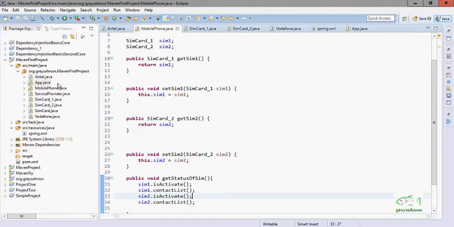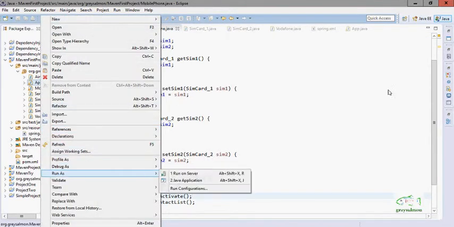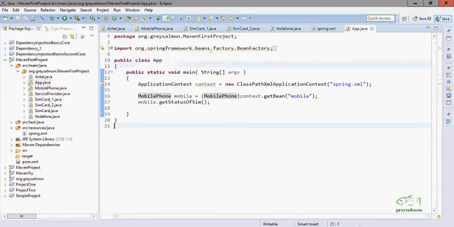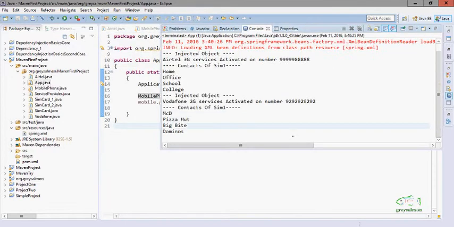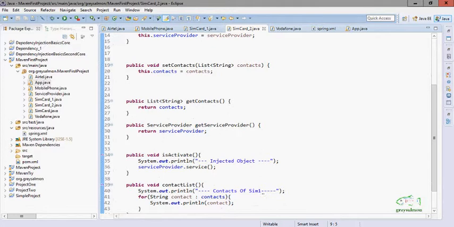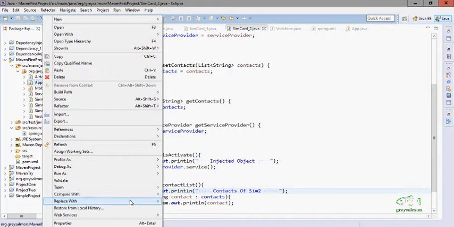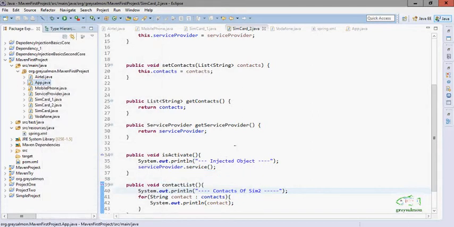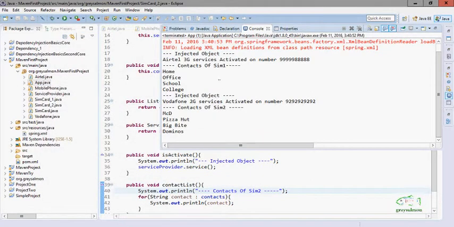Now when we run this application again, that is app1, we will get this. Now sim1 has the operator Airtel, then the contact list of sim1, and sim2 has the operator Vodafone, and this is the contact list of sim2.